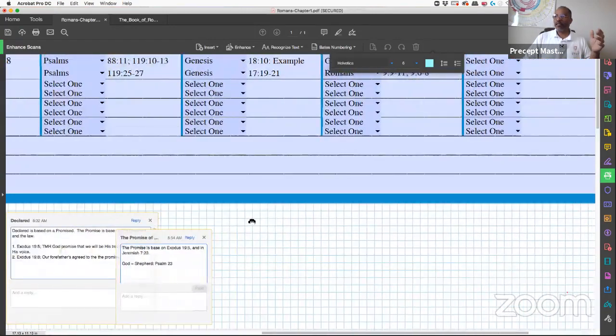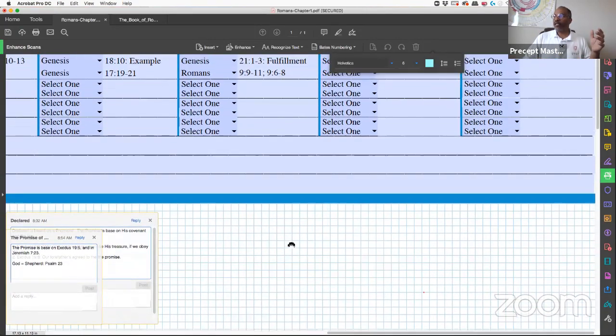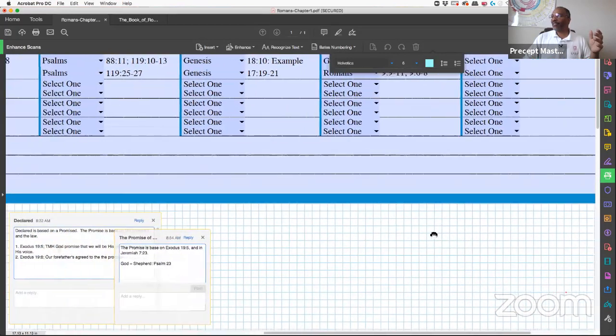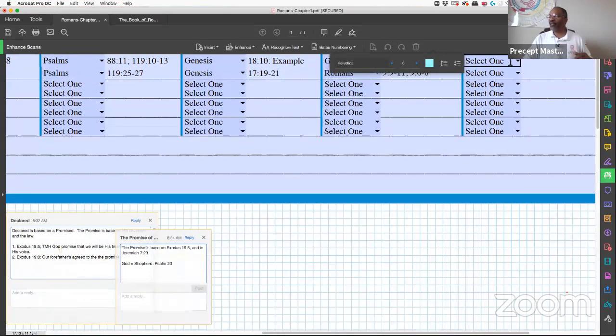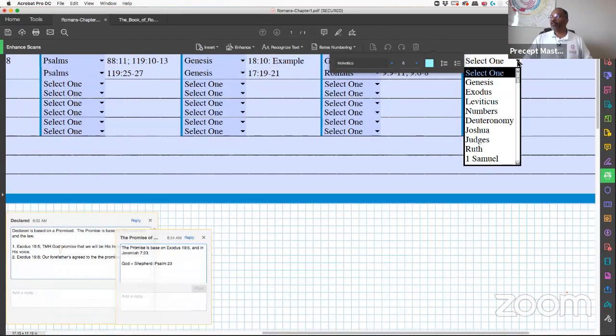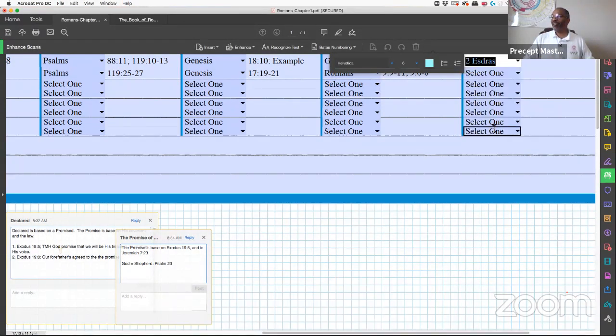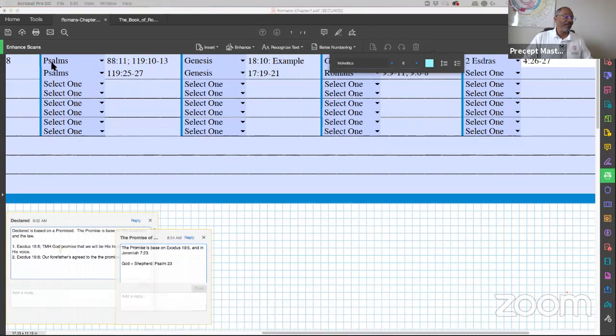And the fulfillment, actually, I can't get that, so I'm going to have to put it over here. So what we want to do, we want to put in my uncle. I proclaim him as my uncle. I'm going to put in Second Esdras. Have to put that there. Why? Because I believe that's my uncle. So we got to go to 4:26 and 27. We want to make sure that's there, and I want that there for a particular reason, which most people will find out later.